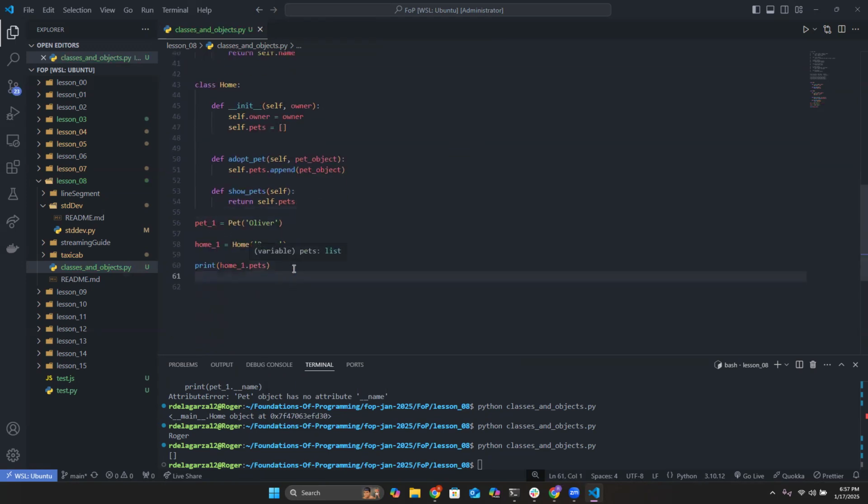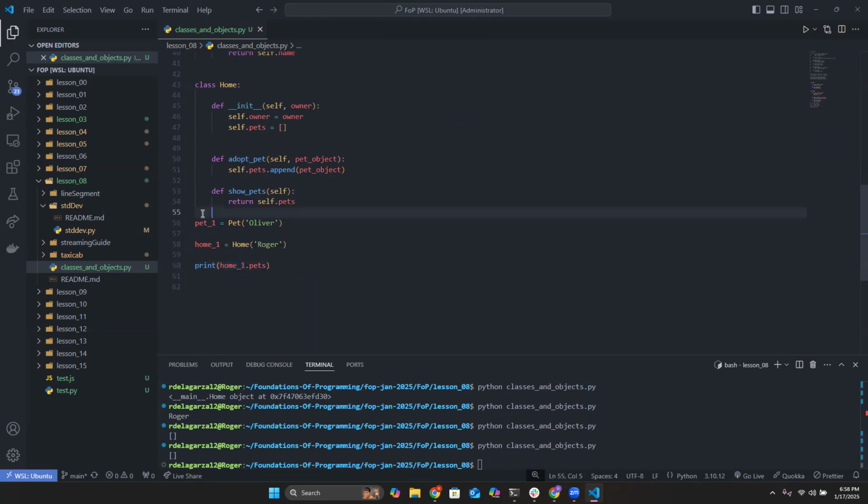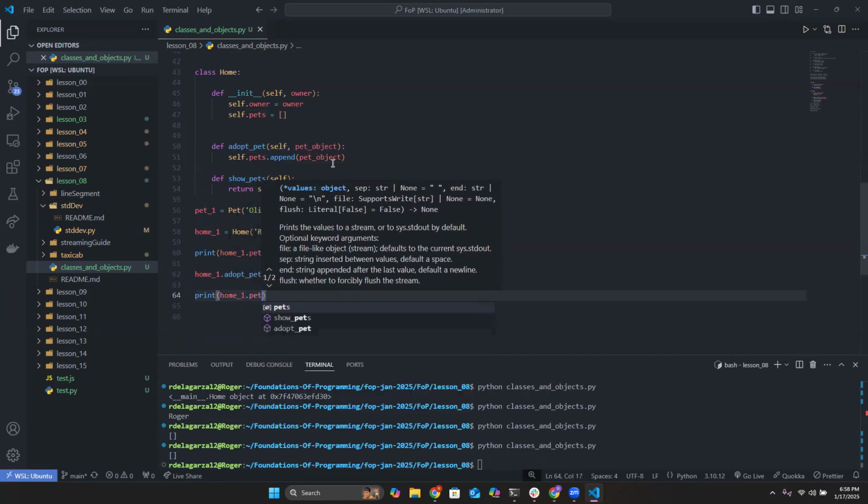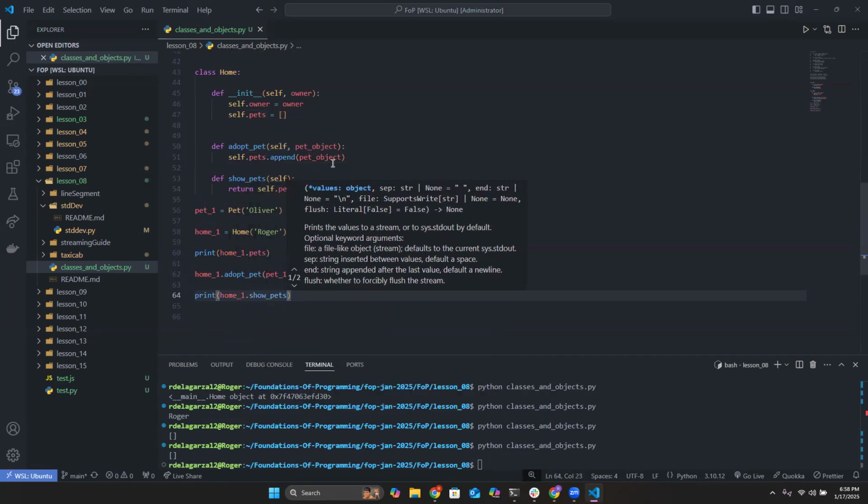So once again, if I run this, currently in home_1 there are no pets. This home specifically has no pets in its record. There is some dog out there called Oliver, and there's my home that I own. Well, I somehow encountered this pet called Oliver, and I want to adopt him. So I'm going to say home_1.adopt_pet, and I'm going to pass in pet_1. And now if I print out my pets,